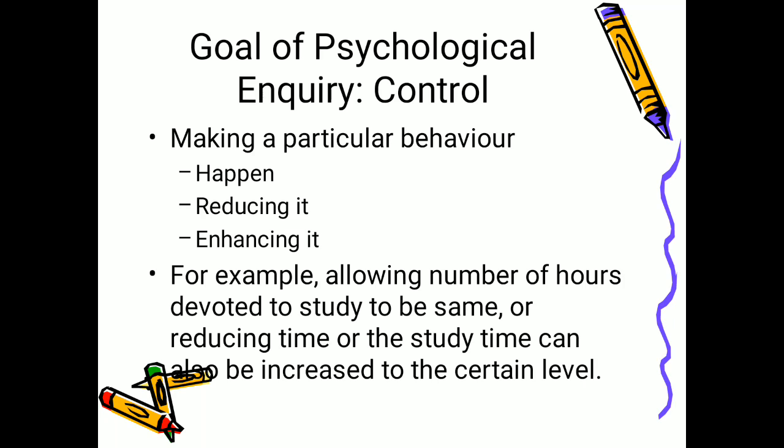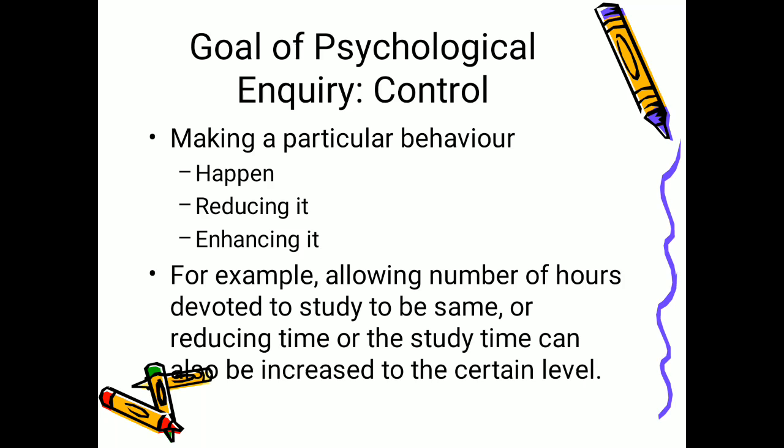So it is increasing the behavior. But for example, sometimes a student is very naughty or very indisciplined, and he creates a nuisance in the class. A teacher would scold that particular behavior so that the child does not repeat it. So a particular behavior which is wrong is being reduced by the teacher who is scolding the student who is doing something wrong. So that is control. A teacher is controlling a child, a parent is controlling a student